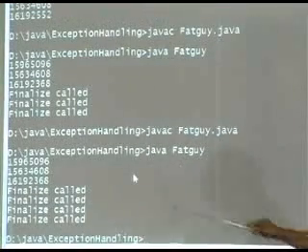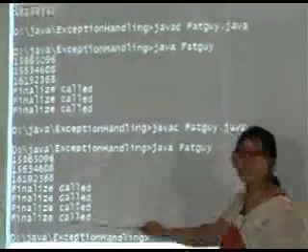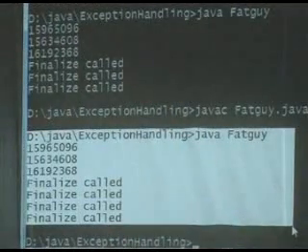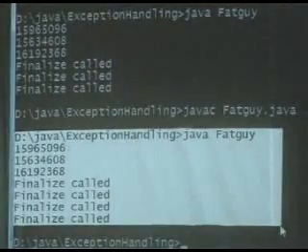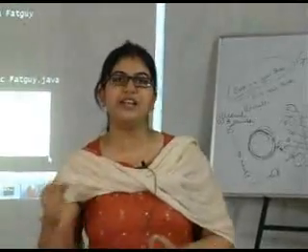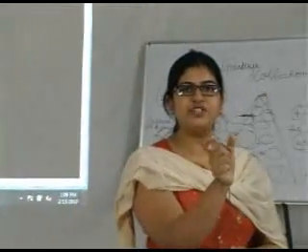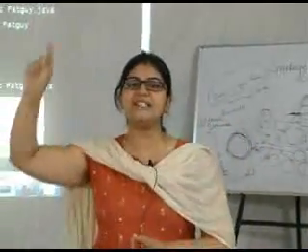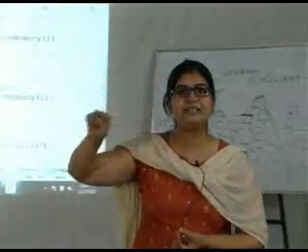So now how many times is finalize getting called? 4 times. So when is finalize called? Every time your object is getting reclaimed by the garbage collector, it would check what object this is. If it is a particular class, it will go to that class and see whether a finalize method is there.